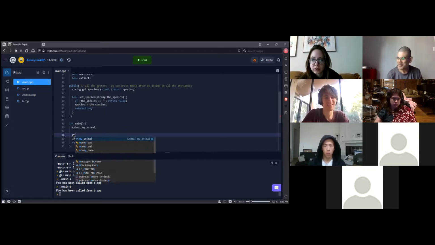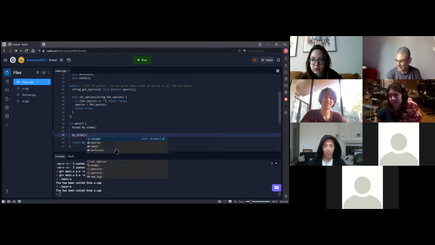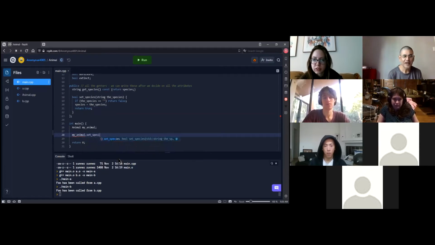Now you can say myAnimal.setSpecies to, I don't know, mammal. Is mammal a species? No, mammal is not a species. And species have these weird names. Rattus rattus. I think Rattus rattus is the name of